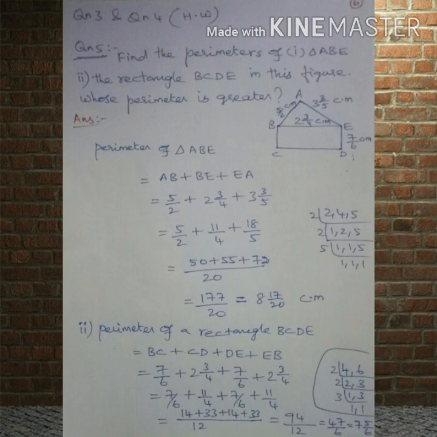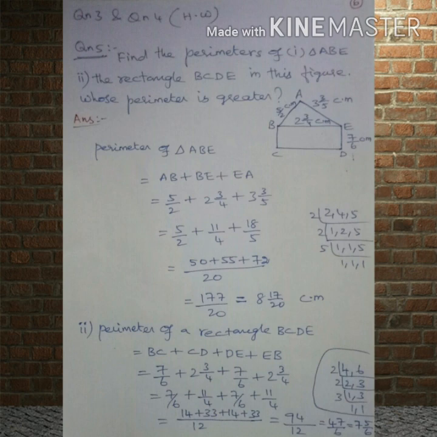Now we have to take the LCM for 6 and 4. We get the answer as 12. That LCM value divided by the first fraction denominator: 12 divided by 6 gives 2. That 2 multiplies with the corresponding numerator: 2 sevens are 14. Plus 12 by 4 gives 3. That 3 multiplies with the corresponding numerator: 3 elevens are 33. Plus 12 divided by 6 gives 2, which multiplies with the numerator: 2 sevens are 14. Plus 12 divided by 4 gives 3, 3 elevens are 33. Then add the numerators, and we get 94 divided by the same denominator, 12.